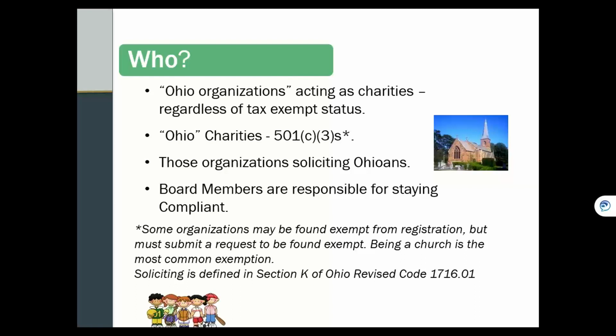So, just to quickly recap what the law says. Under Ohio Revised Code 109, the term charitable trust is broadly defined. If your organization is holding funds for a charitable purpose, then it's considered a charitable trust, regardless of whether it has tax-exempt status or not. If your organization is a 501(c)(3), then it's